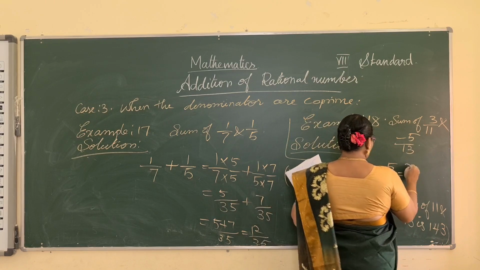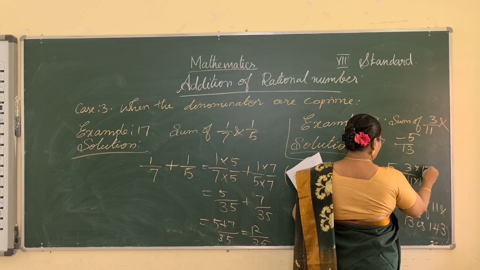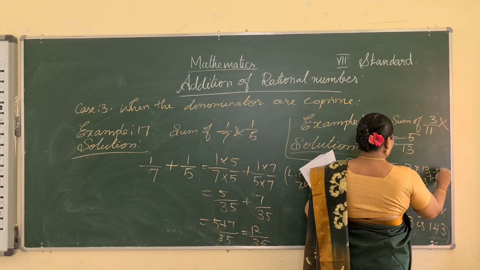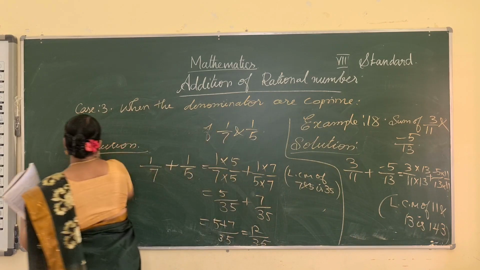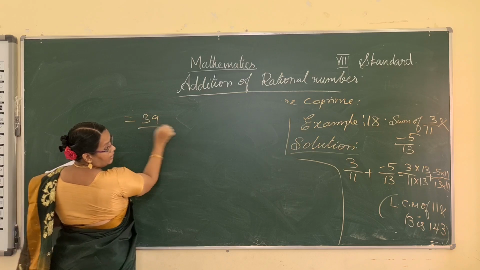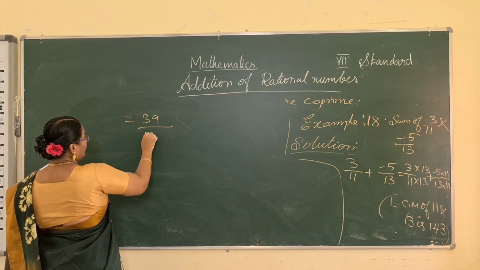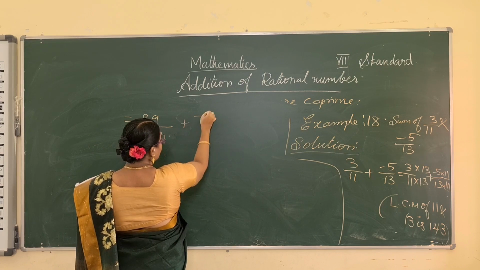So the numerator and denominator are multiplied by 13 for the first fraction, and by 11 for minus 5/13. So 13 3s are 39 by 143 plus minus